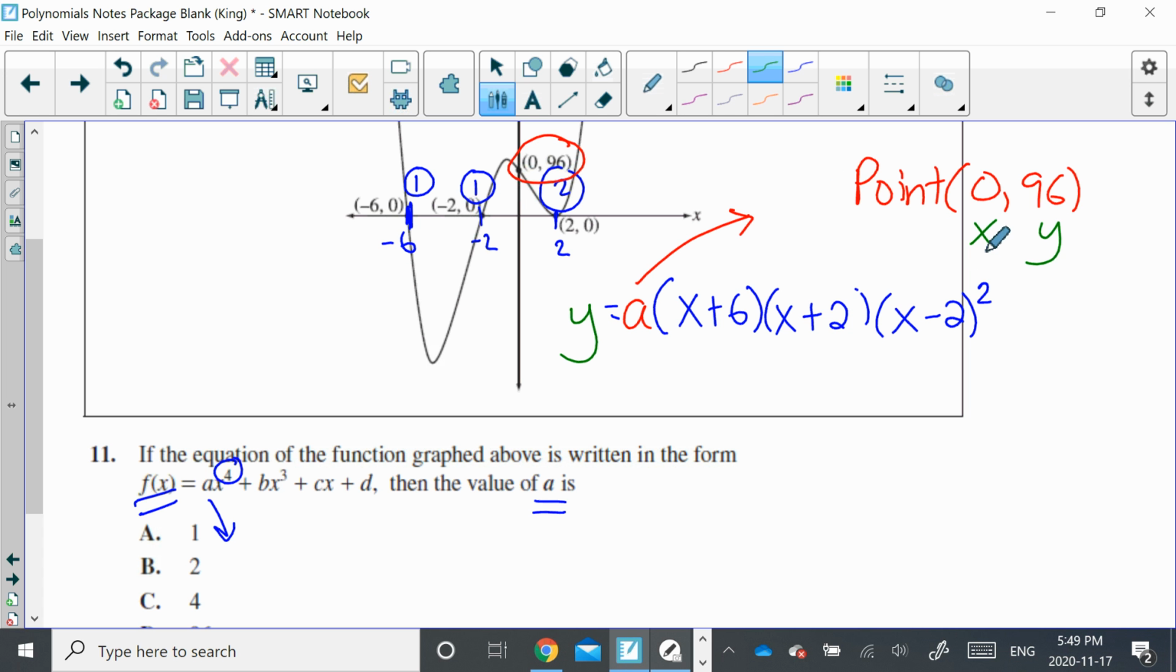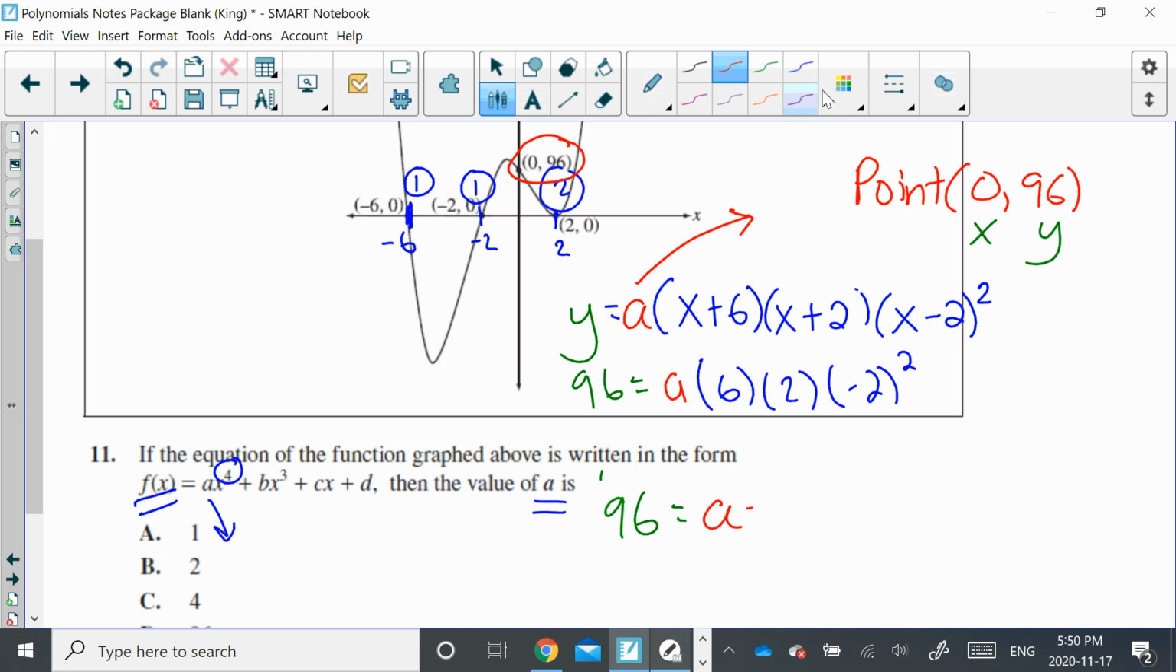So what I'm going to do is I need to put in, for my y, 96 is equal to a. I don't know what a is. That's what I'm calculating. And for every single x, you're going to put in 0, right? Because they want x to be 0. So 0 plus 6 is 6. 0 plus 2 is 2. 0 minus 2 is -2 squared. We could now figure out what a is. So I have 96 is equal to a times,